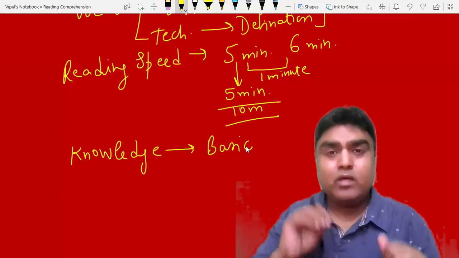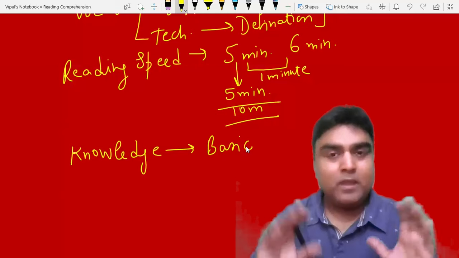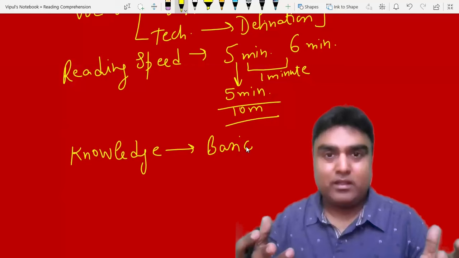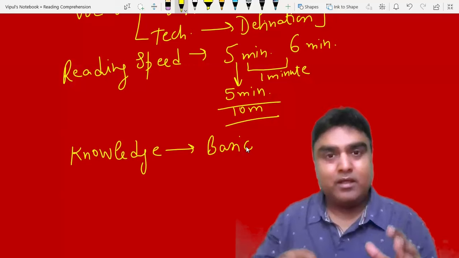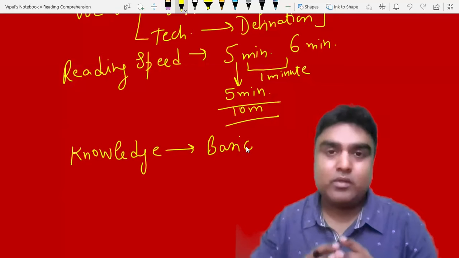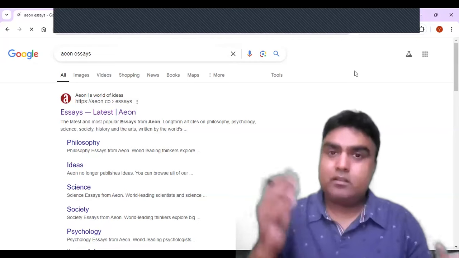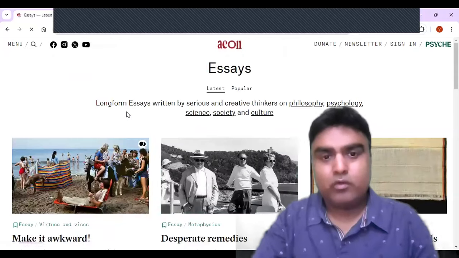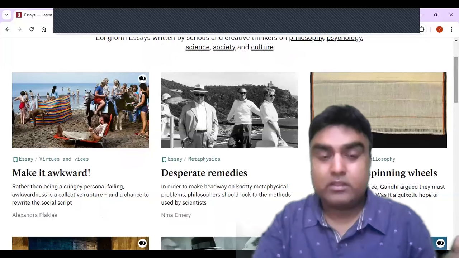Now, what we are going to do right now is move into a passage. Okay, now I'll take you to the key analysis and try to see whether whatever I've said till now we can practically apply, and whether everything I'm saying is practical or not. Okay, so let's move into the key analysis. Now let's check some of the essays, and I think this is a very good source from where we can look at some of the difficult passages.